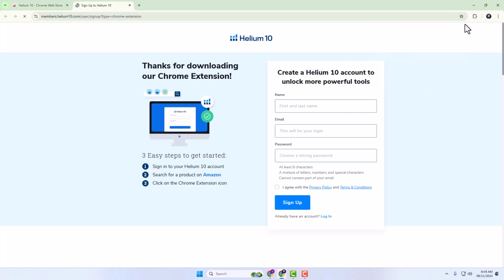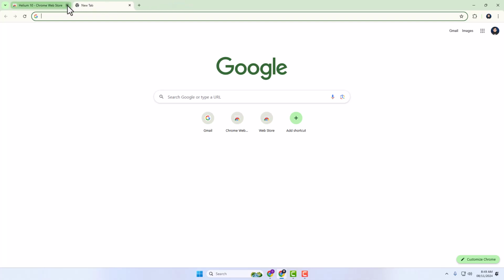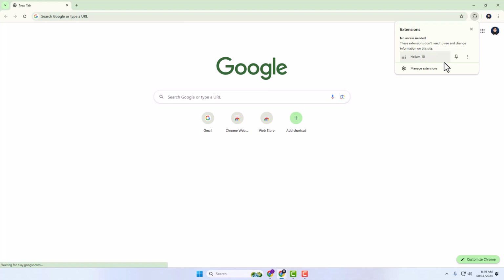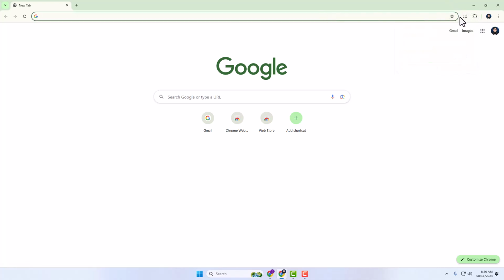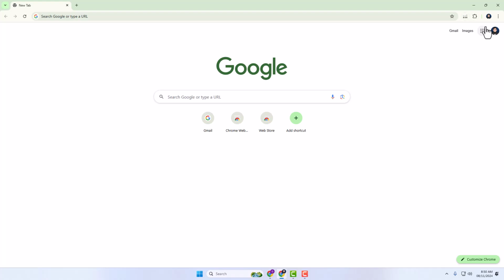This extension is now installed here. We will close this browser. Okay, again we will click on this icon, and here we will open Helium 10 on the upside. After that we will first log in. For this login, the company from where you purchase this Helium 10 account will give you one account access. So you will go and log in to this account. So I am going to log into this account.